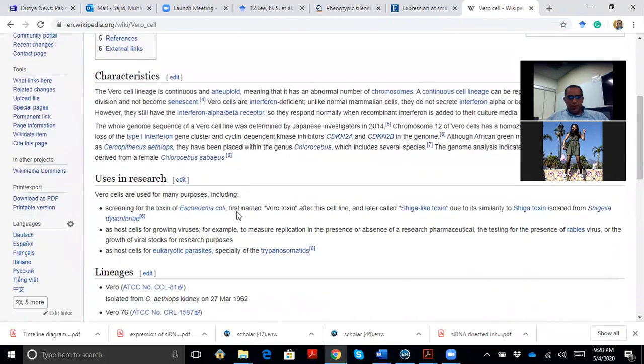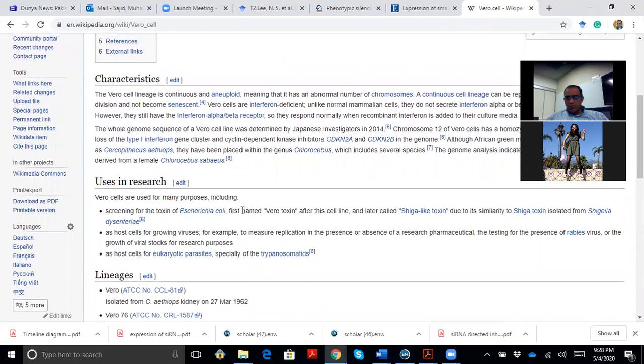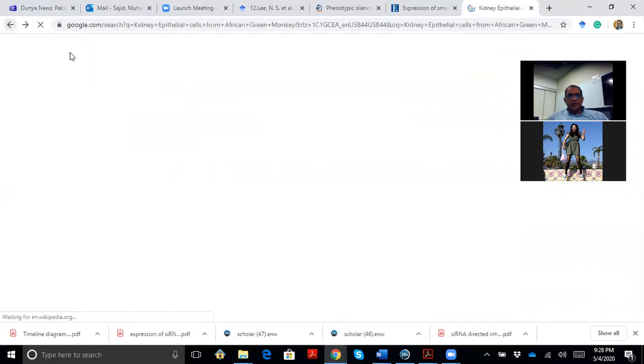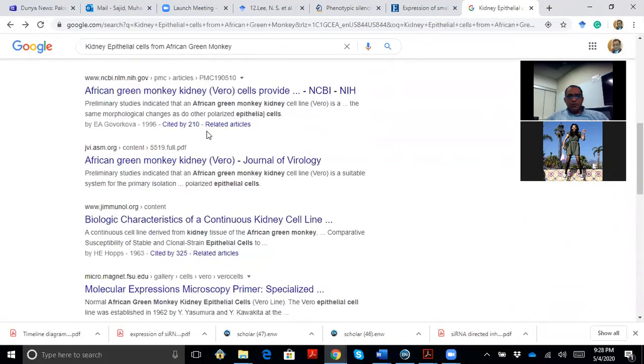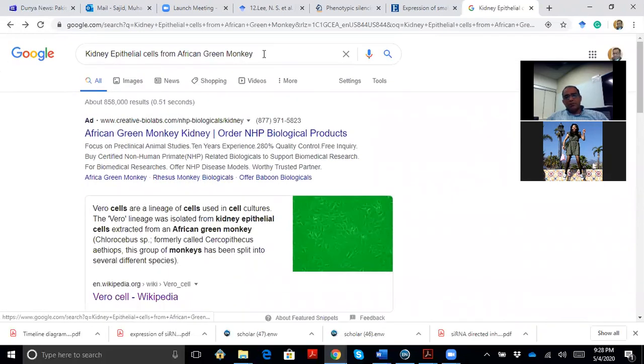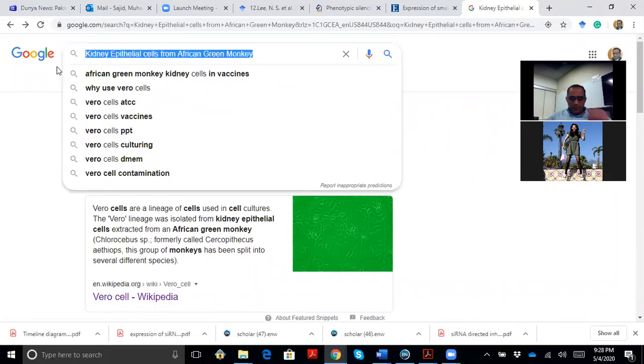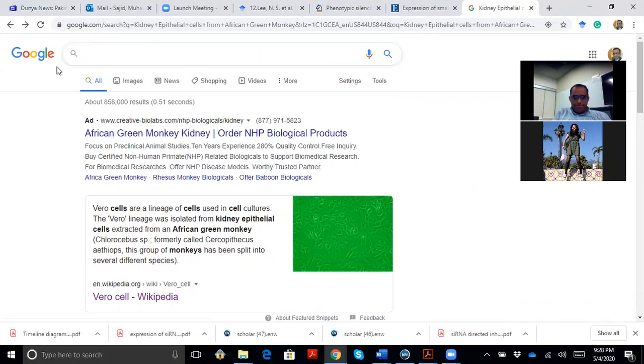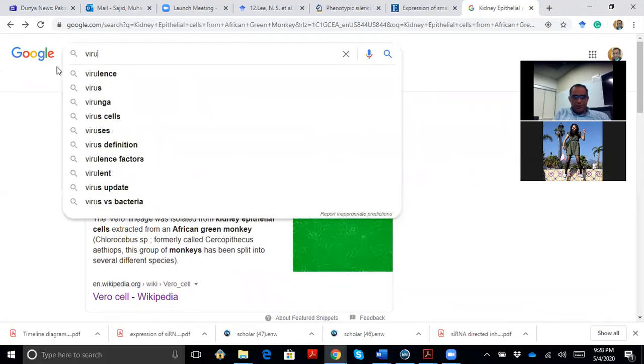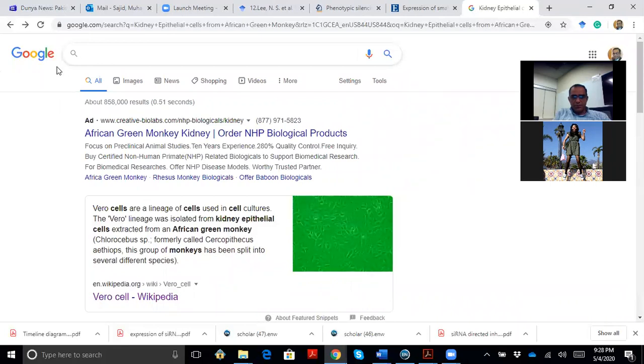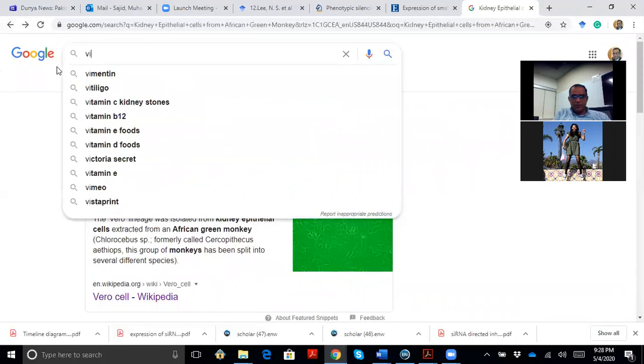Basically, it appears that it is about viral infection. Maybe this is because we can easily infect these cells with viruses.